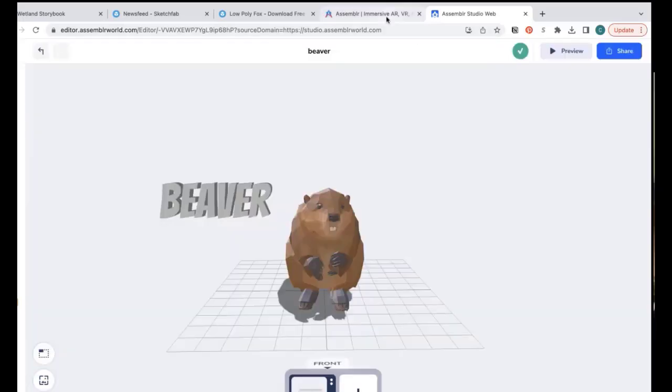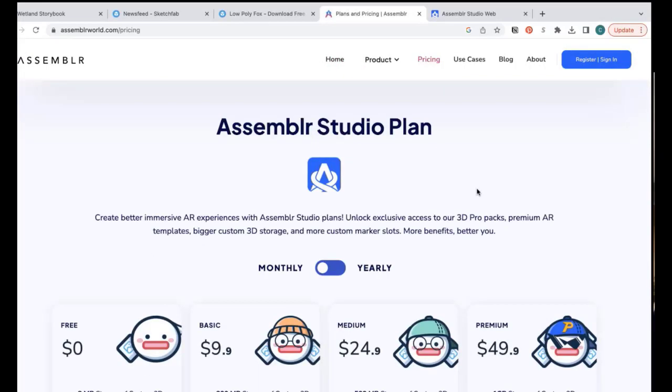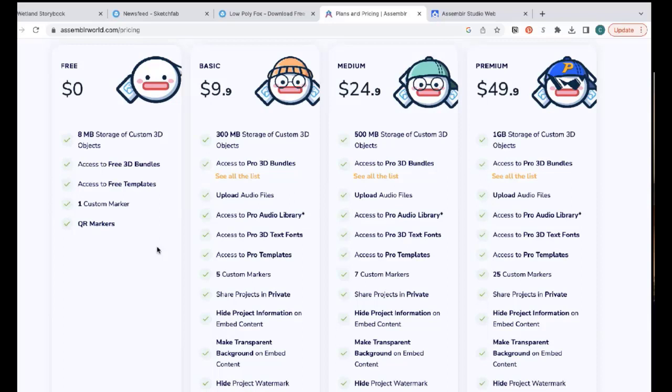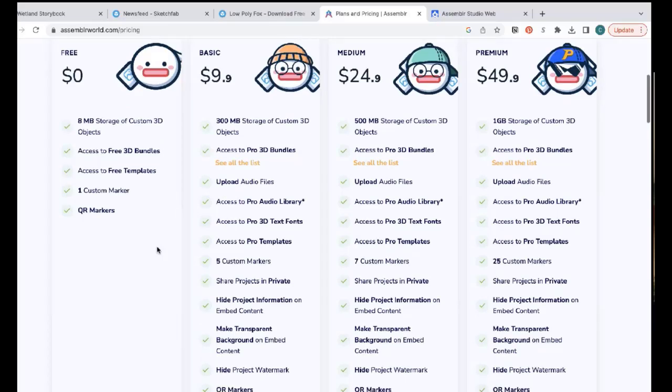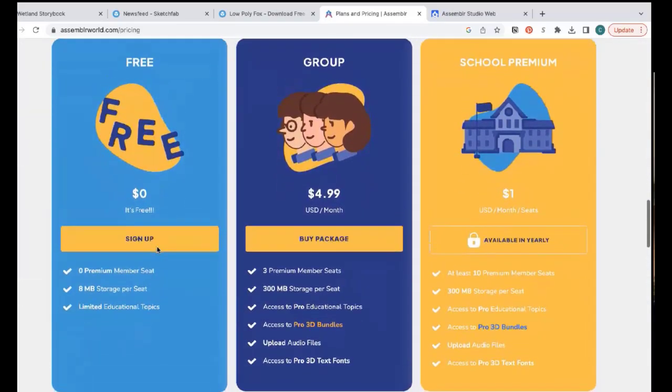So with AssemblR, it is the cheapest one that I can find on the internet, and with a free account, you can have great access to the basic things that you need. For instance, you can access the free 3D objects, and you can have one custom marker, and also add and edit text or some animation to it. And they have an education plan so that you can work with your students,